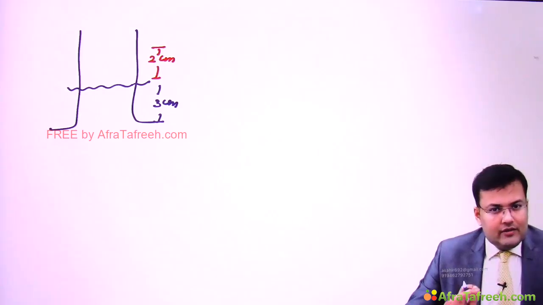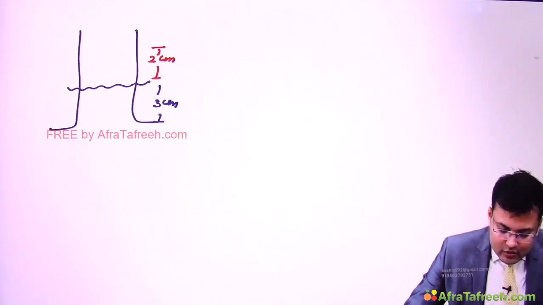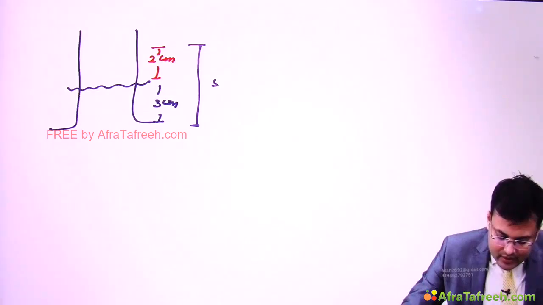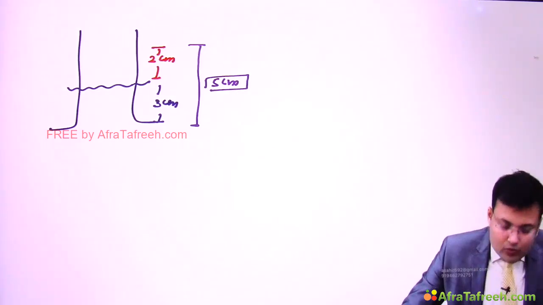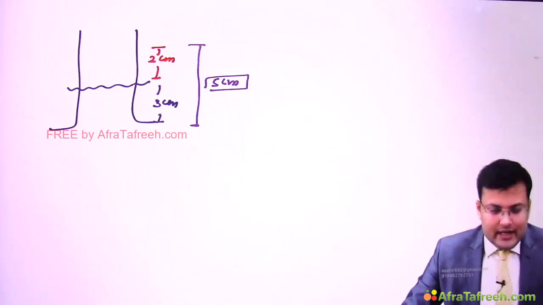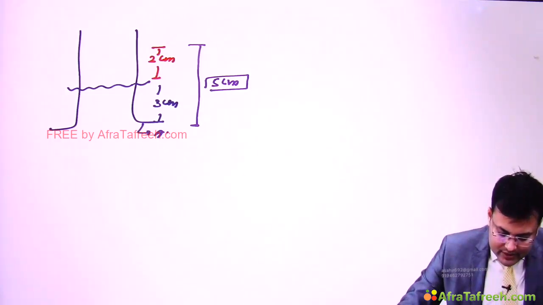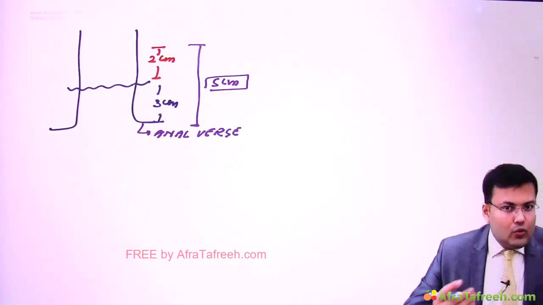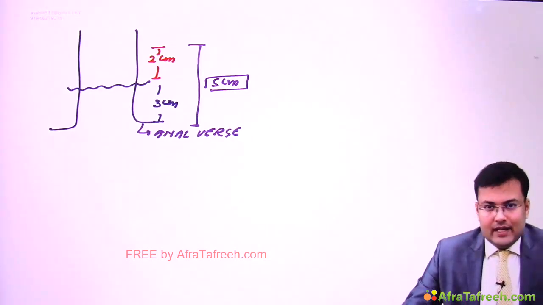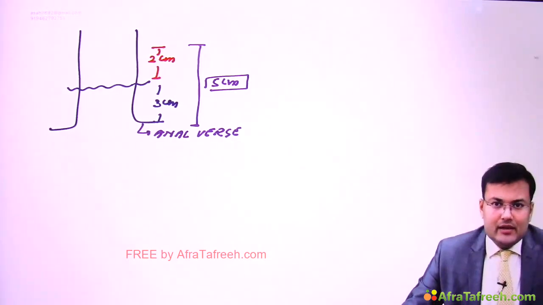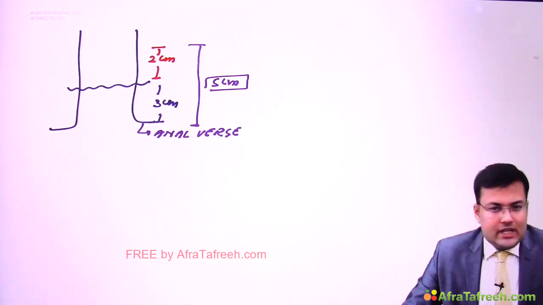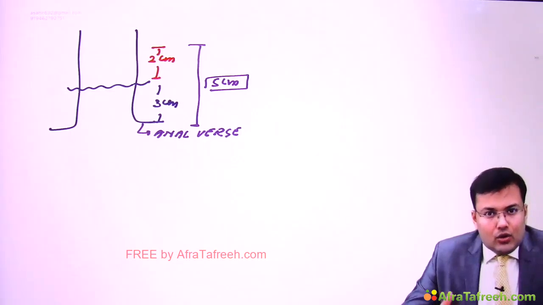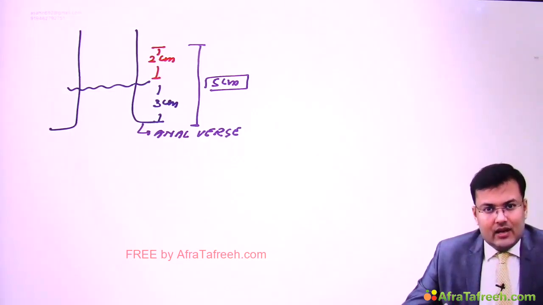Clear? So if any malignancy is located more than 5 cm above the anal verge, you can see this is the anal verge, we have sufficient margin and we can take a 2 cm distal margin. So we can go for LAR. LAR means low anterior resection. And in that case, we can go for rectoanal anastomosis.